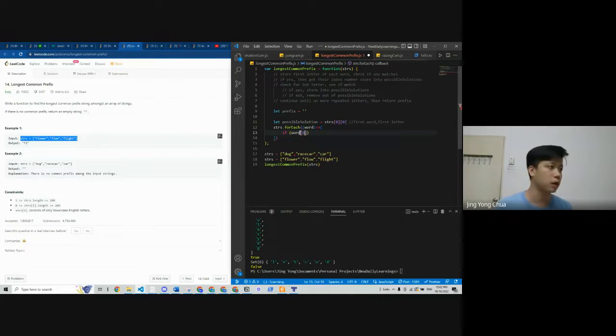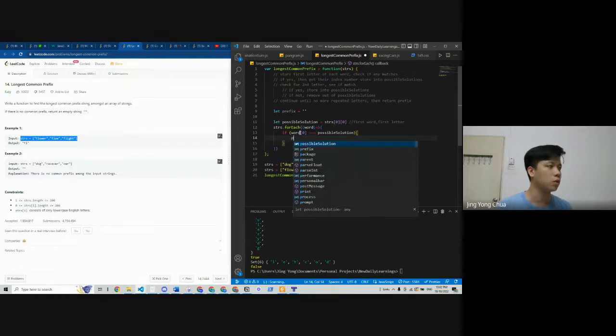If the word thingy is equals to possible solutions, and only then we put it into.